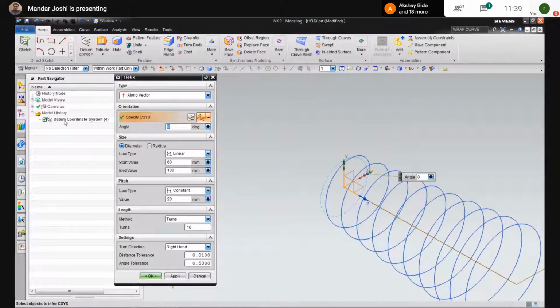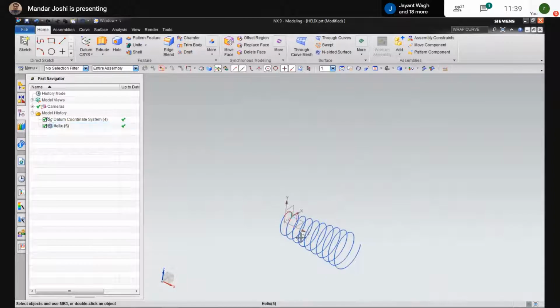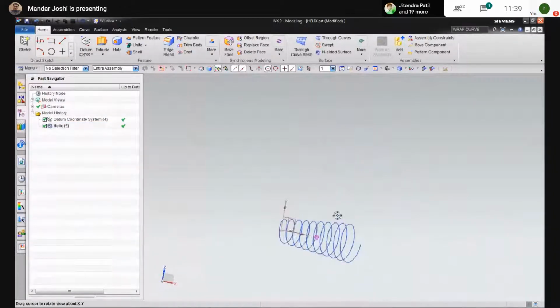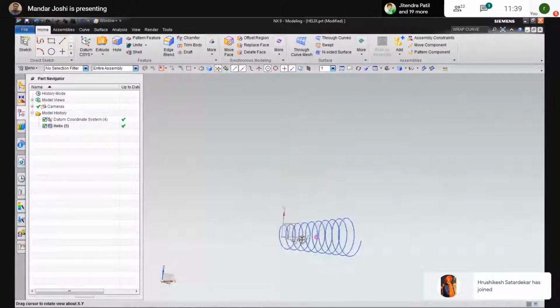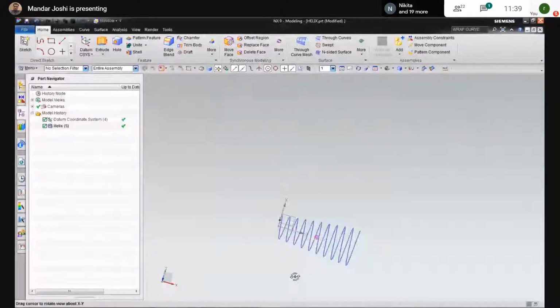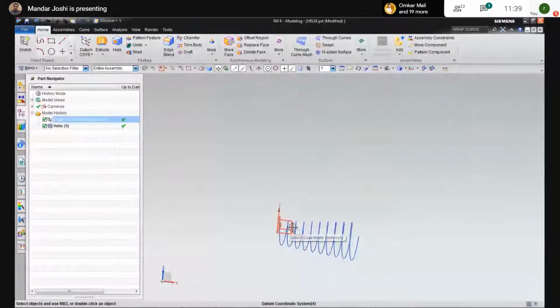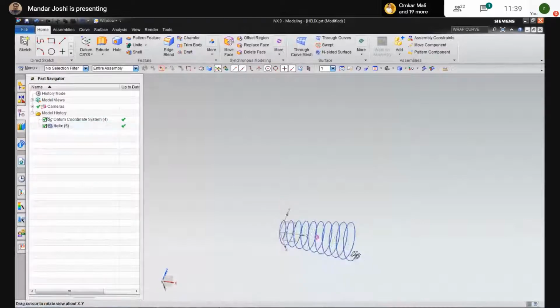You have to select it from here. After that, define the parameters accordingly. Click OK. You have to select it from the tree. Then with respect to the z direction, the helix gets generated. Now you will consider this as the guide path for the sweep along guide command, and generate the sweep features. The purpose of this helix is to generate springs.